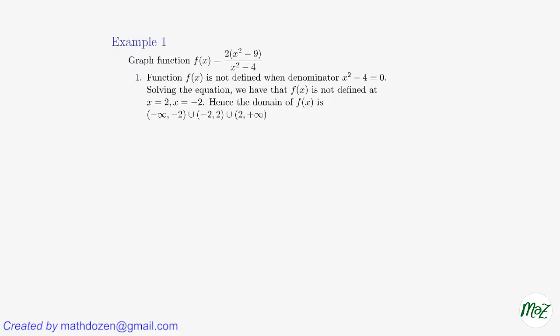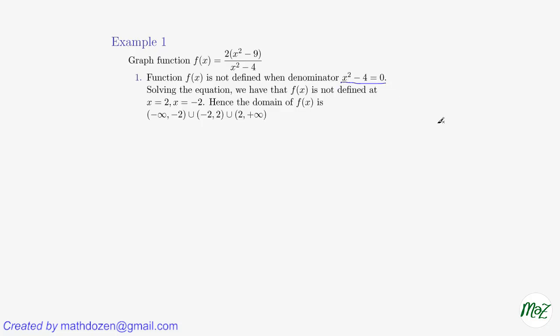Let's work on one example of finding the graph of some function. So we consider this function f of x being 2 times x squared minus 9 over x squared minus 4. For the first item, we determine the domain of this function. And we notice that the function is not defined when the denominator is